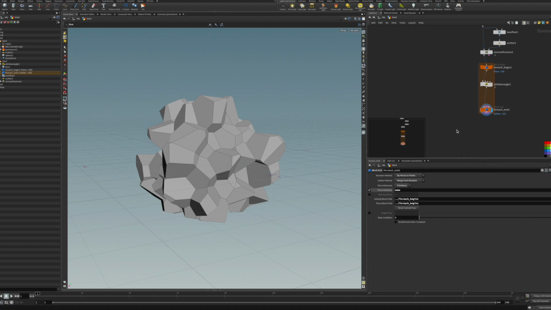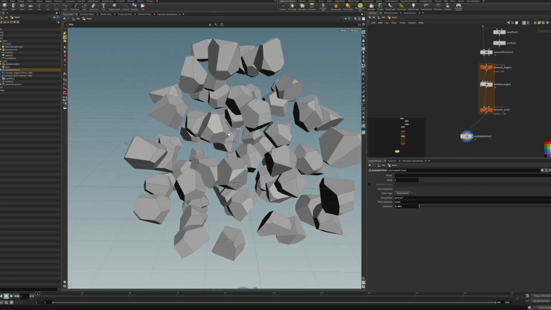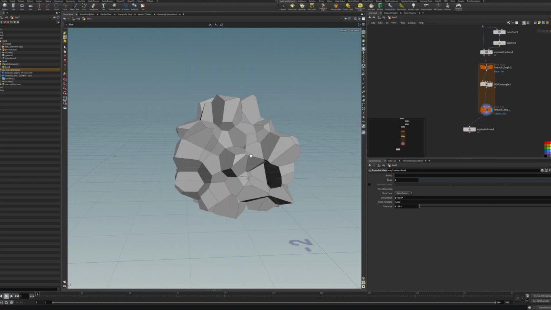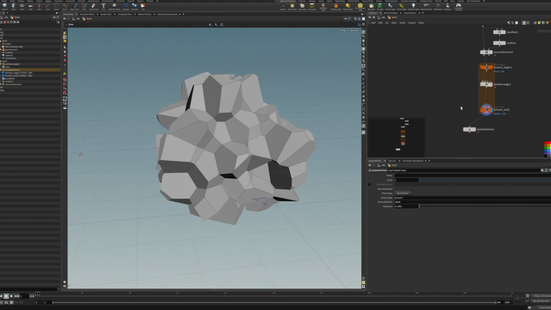Hi there. So we're going to see how we can get this setup ready for use as a debris or a rock source. This is exactly the setup we had in this video here, so we can just pick up from there. And to get this to be a debris source, we need to move all the pieces to the